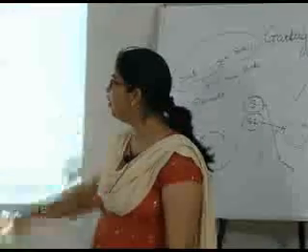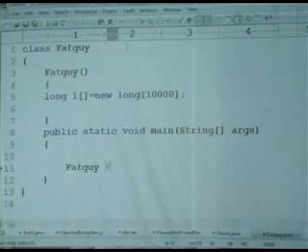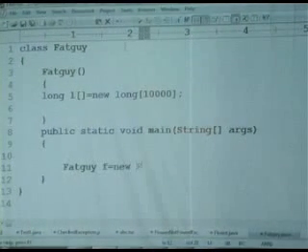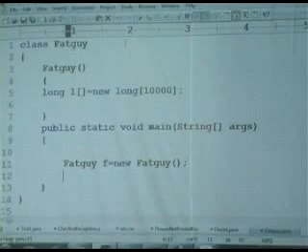So see, what happens is, go to your main. Now we need to first understand, just say fat guy f equal to new fat guy. Create 3 to 4 objects like that.